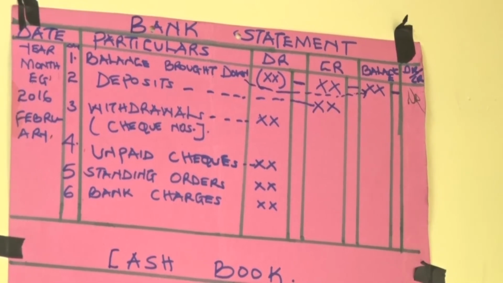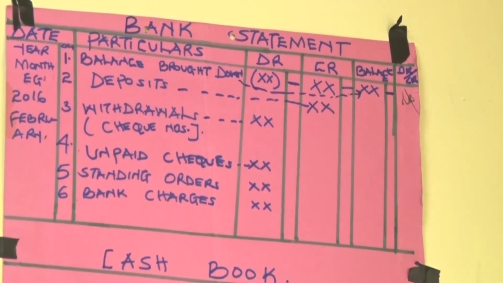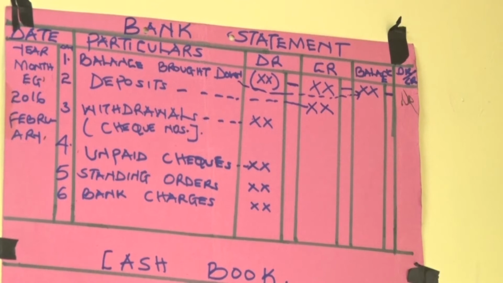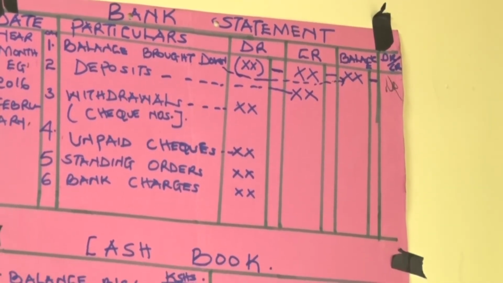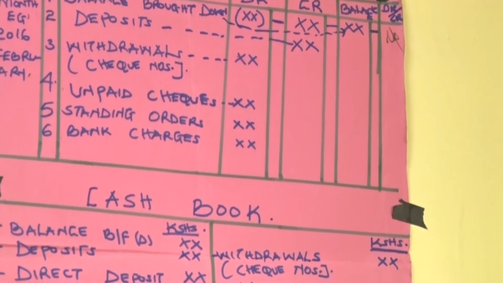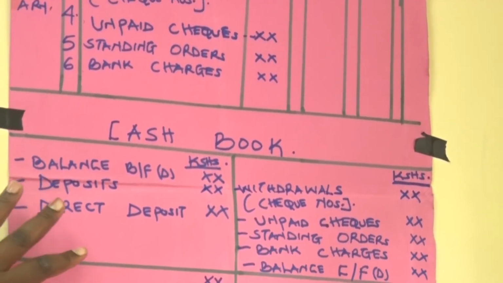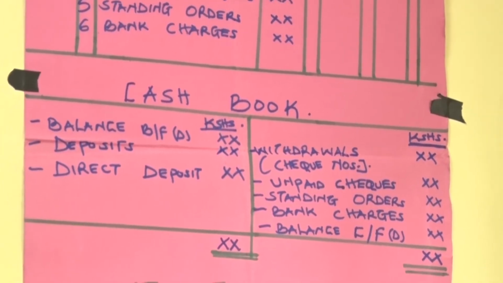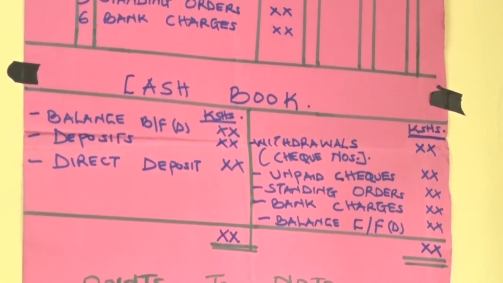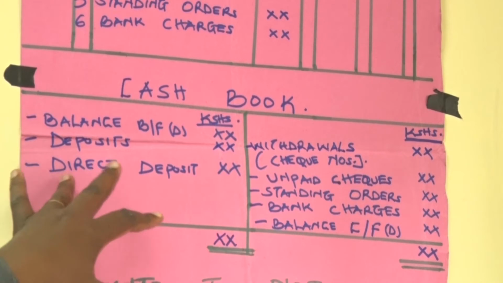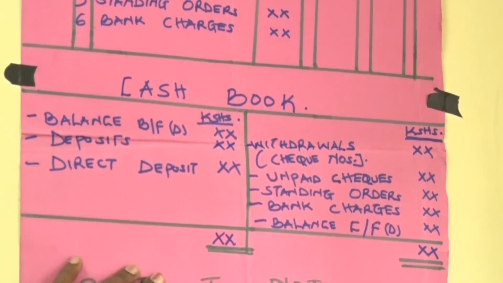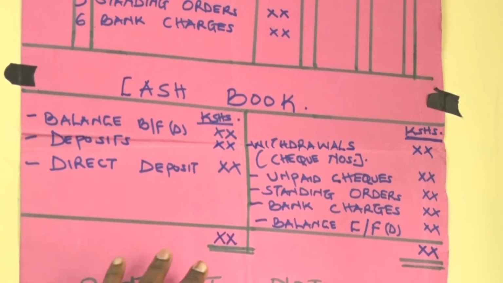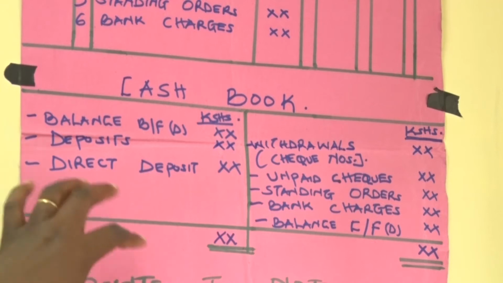So, for example, you took some money to the bank, or there are some transactions which have been made by the bank and you don't know how they have been made and you have not included them in the cash book. Because you understand how the cash book looks like, now I want us to look at how you are going to update the cash book for you to get the right figure which you are going to use in reconciling the cash book and the bank statement.